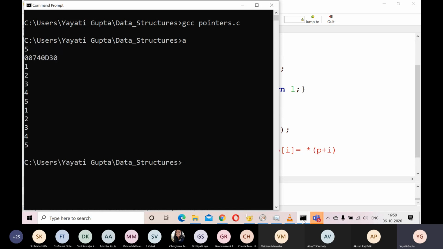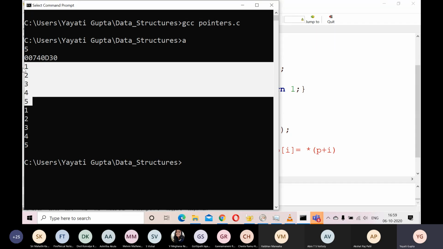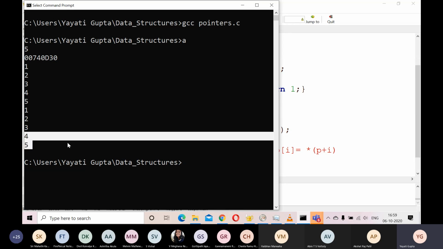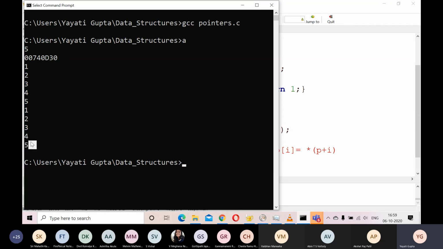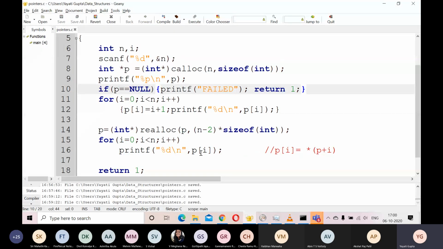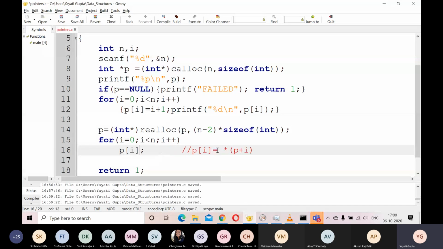So let's say my n is 5. See, in this case it has worked. You have 1, 2, 3, 4, 5 here, which are my 5 elements. Now I have removed those 2 elements, but I'm still seeing these 5 values. The reason is these two elements, as of now, haven't been used by any other program. But if you do it on some other system, or execute this program many times, this might not be the output. It will be something like 1, 2, 3. It might unexpectedly end here, or it might not show you any value. So instead of printing it, let me try to write something at these locations.